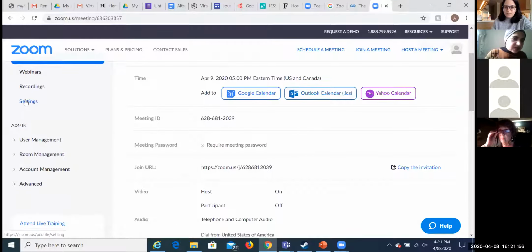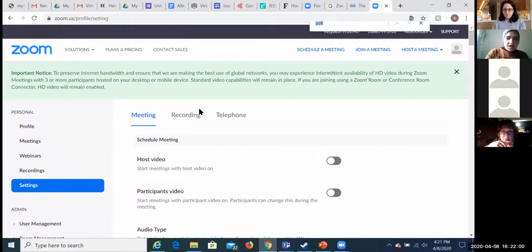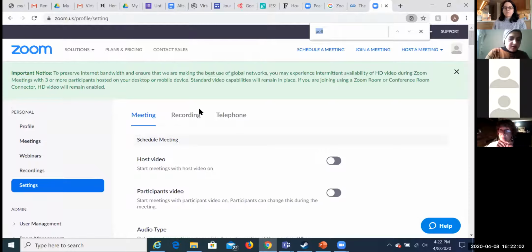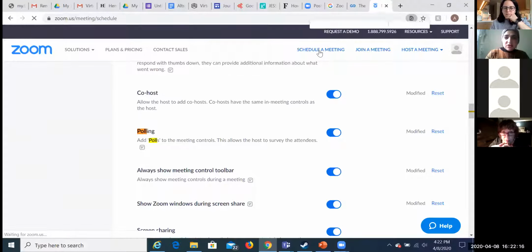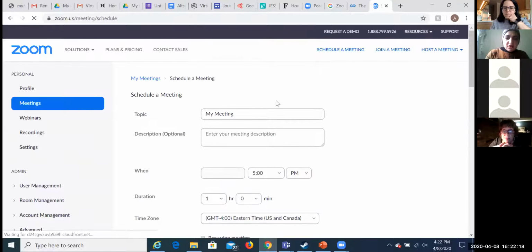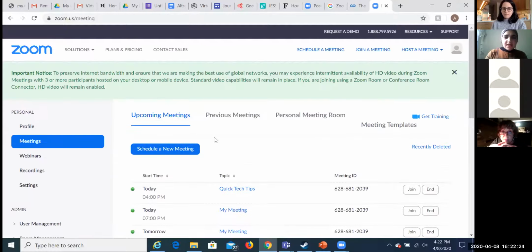You go to settings, and then I usually click Control F, type poll, and then it shows. If the slider is to the left, you click it to the right in order to enable it. And then you go up here, schedule a meeting. Make sure all the information is right, and once you hit save,